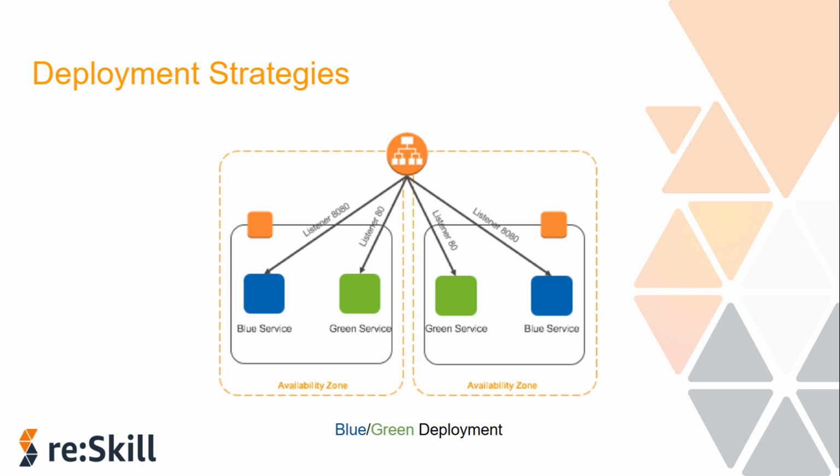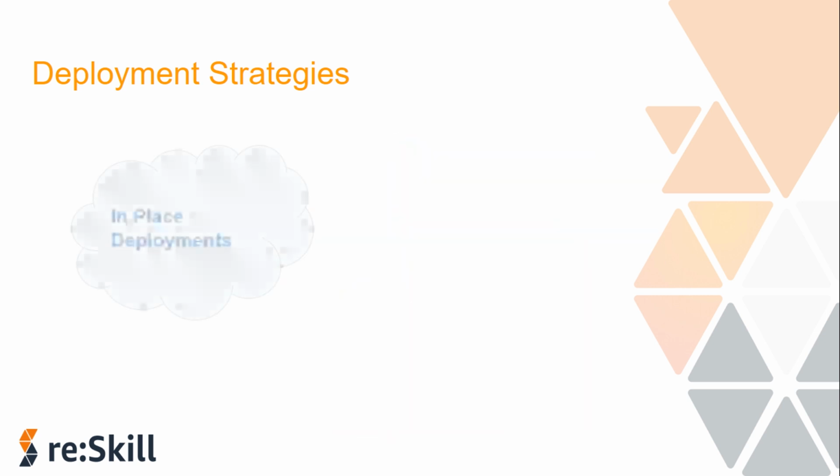So apart from this, we have 2 more that we will be discussing here. The second one is an in-place deployment. An in-place deployment is a deployment strategy that updates the application version without replacing any infrastructure components. In an in-place deployment, the previous version of the application on each compute resource is stopped, the latest application is installed, and the new version of the application is started and validated.